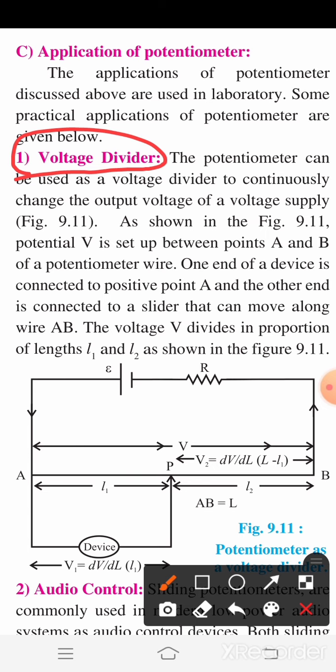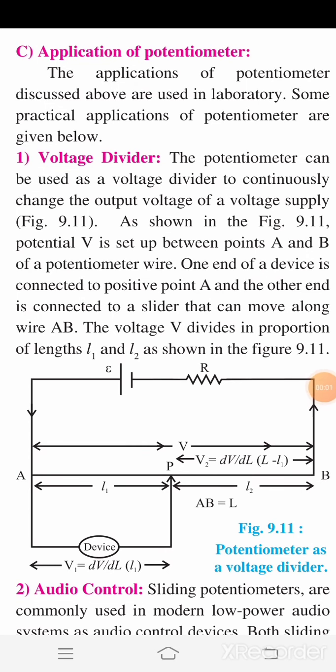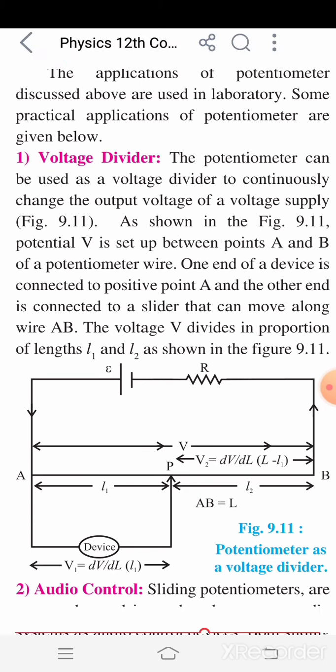So what is a voltage divider? In this, the potentiometer can be used as a voltage divider to continuously change the output voltage of a voltage supply. Means if we continuously change the output voltage of any voltage supply, then we use potentiometer as a voltage divider. This voltage divider arrangement of potentiometer is as shown in figure